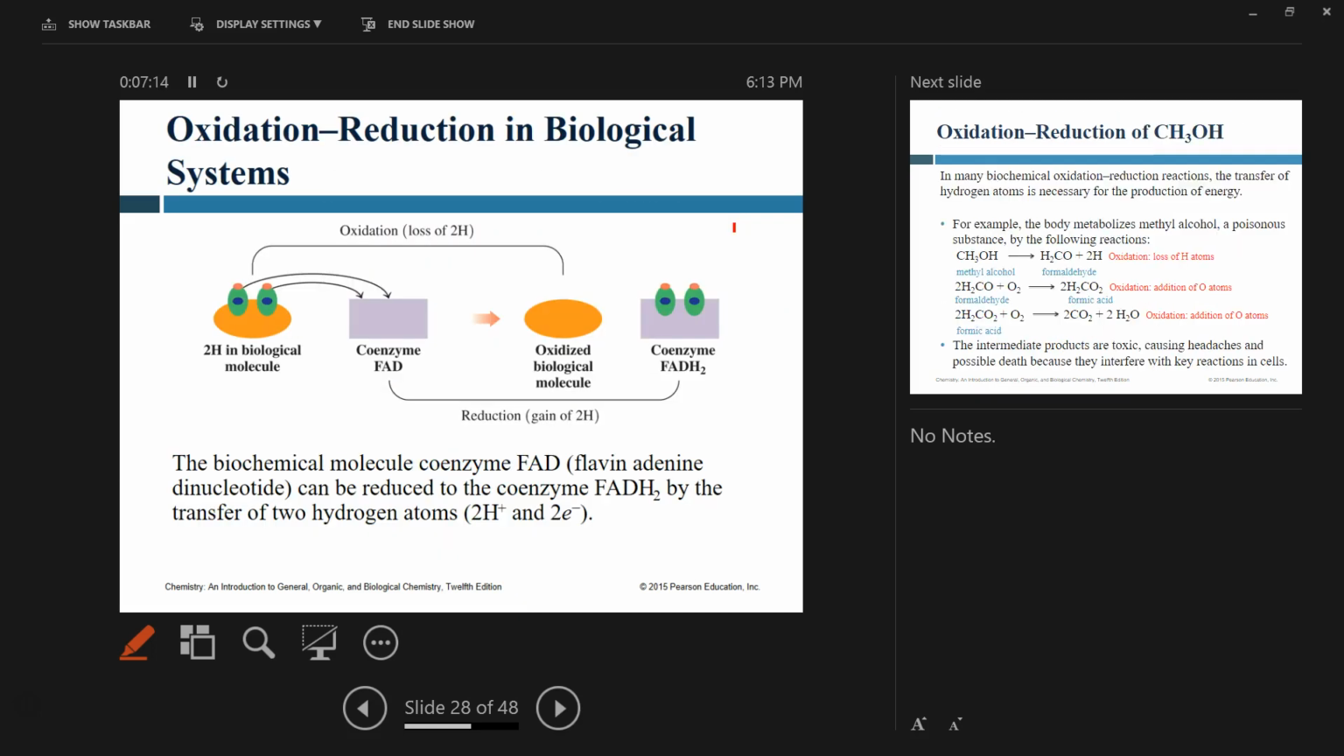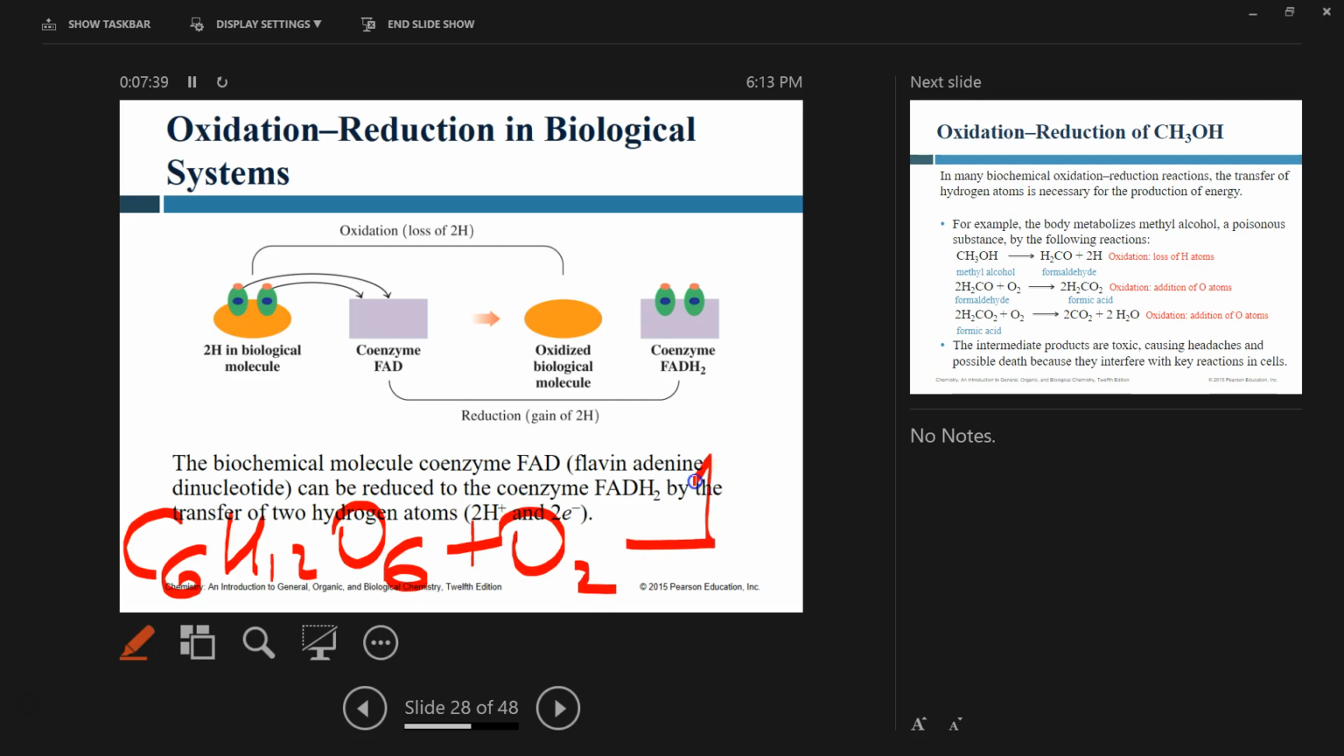How is that important in biochemistry, in the reactions in the human body? So, first of all, I want to write down a very simple chemical equation, which is glucose plus oxygen. The products of this reaction,